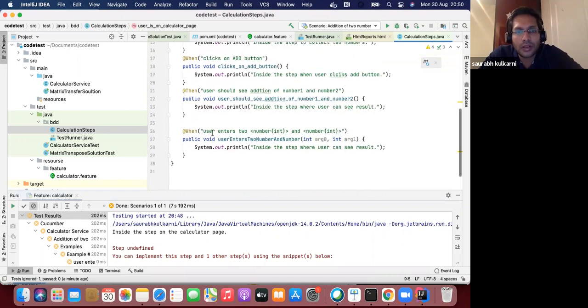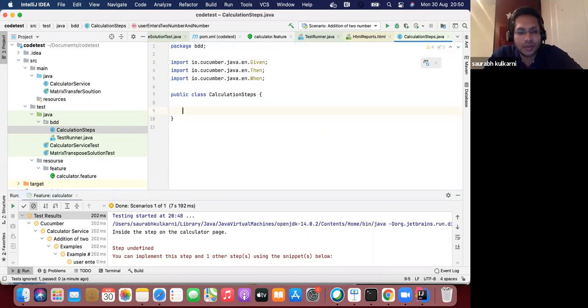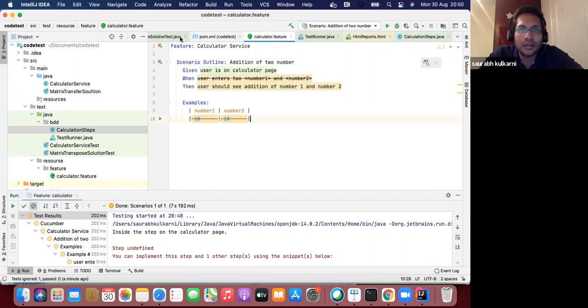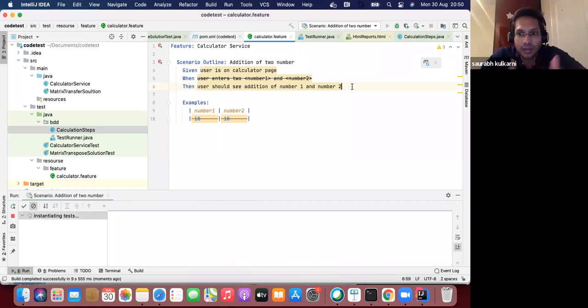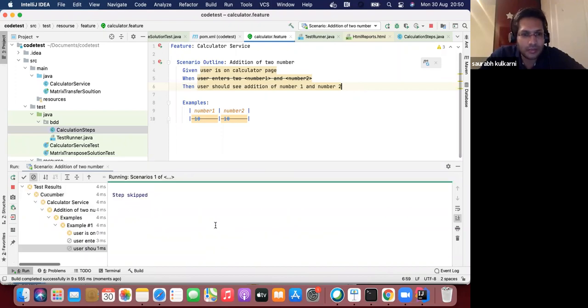What I'm doing is I'm just removing the steps here. I'm just trying running the feature again. It should tell me what steps it needs to include. It's smart. It should tell me that. I don't know why it is not working. So I'm just redoing the thing. Let's see. It should tell me now what steps are required, and I should be able to copy that properly. Maybe I have not copied it properly the first time.